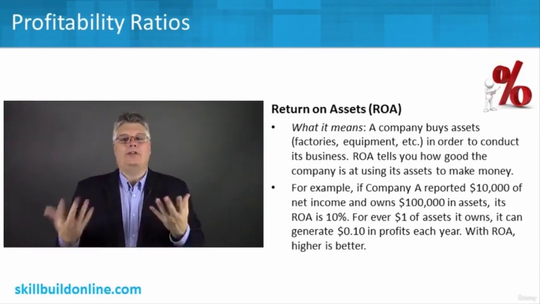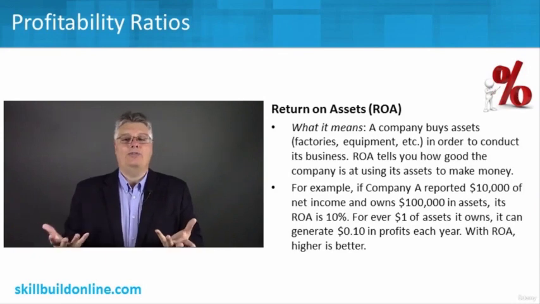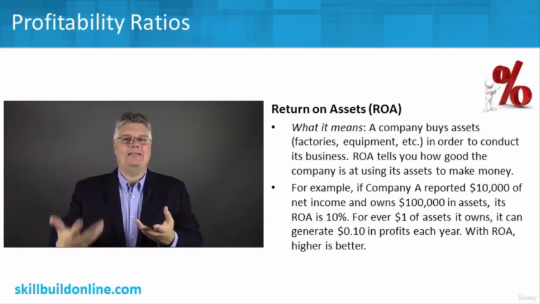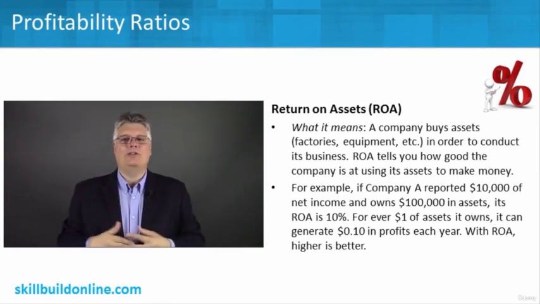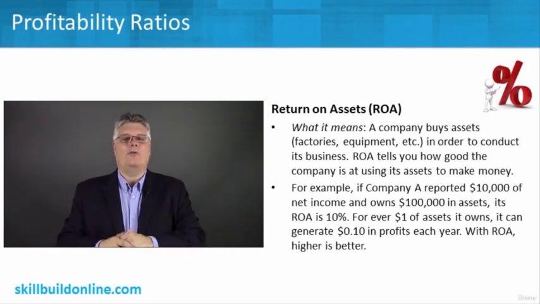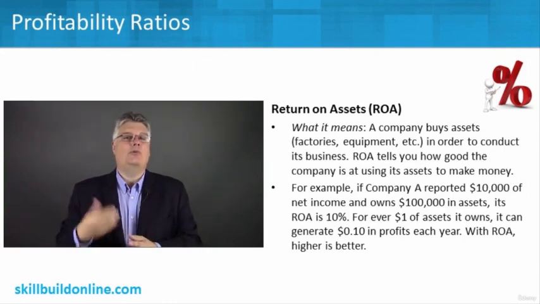So if another company has the same thing, but it's $20,000 in net income for that same $100,000 in assets, well, they now have a 20% ROA, the bigger number. And the bigger number shows me that they're using that same amount of assets more effectively. Now, as we know, there are companies of various sizes within industries. So by using a ratio, we can compare maybe a bigger company to a smaller company and compare how they're each using their own assets effectively, as one ratio of many others that we might use when we're analyzing